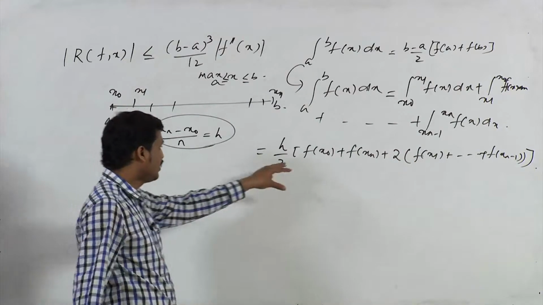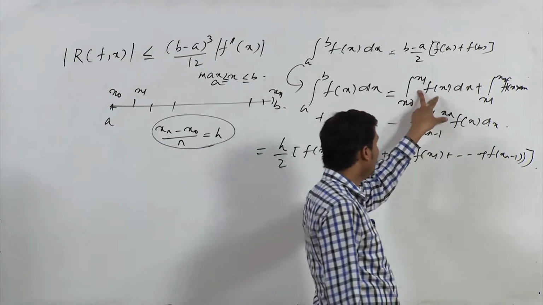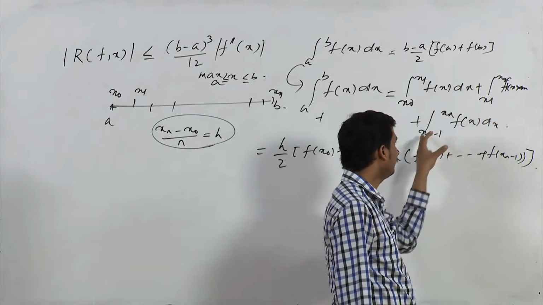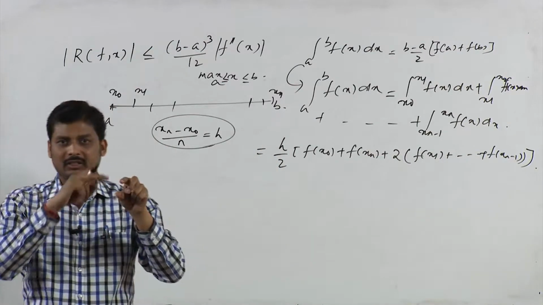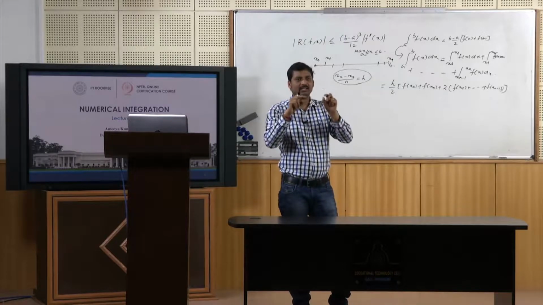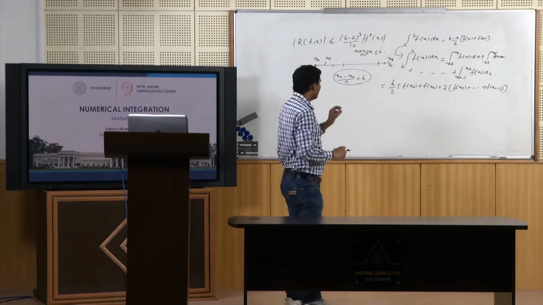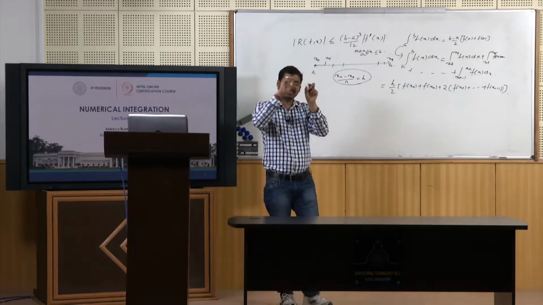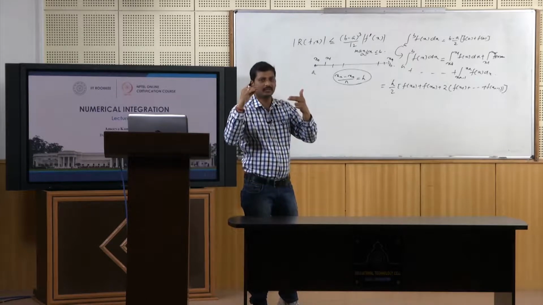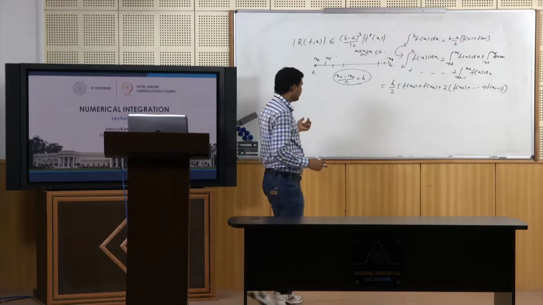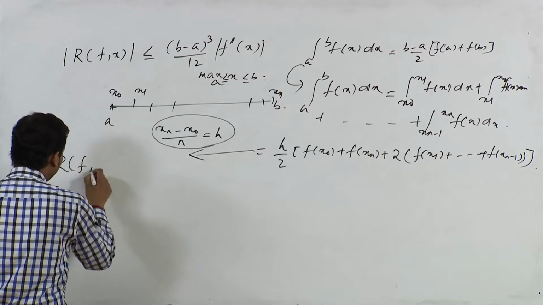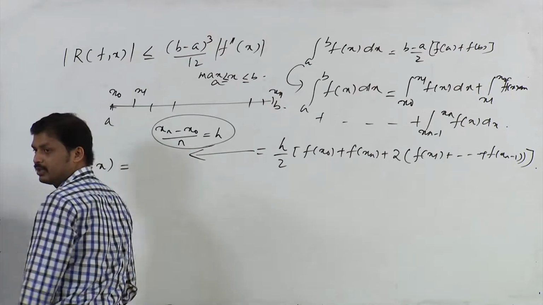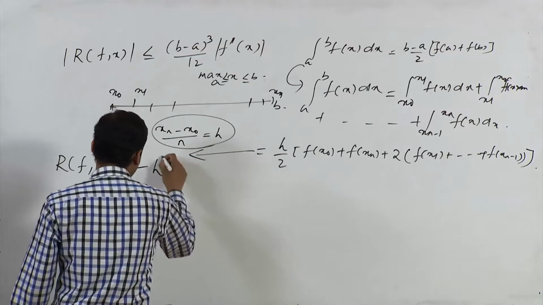So, in each of these intervals, we will have an error term. Whenever we approximate this curve bounded area, each region is approximated by a trapezium. That is why in each of these trapeziums we will have an error section, either on the lower side or the upper side. So, if we consider the total area for this composite formula, that can be written as R of f of x, which equals minus h cube by 12,